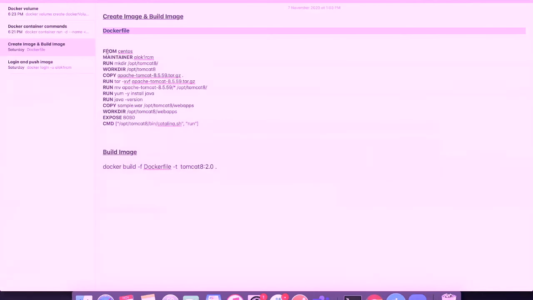You can go here, and there is a very simple way you can create the Dockerfile. First of all, what is this FROM CentOS? FROM CentOS means CentOS is the base image that I am taking. You remember this image layering, layer by layer concept is here in the image. So I will take CentOS as a base image, and then MAINTAINER is Alok, my account name, you can give any name here.